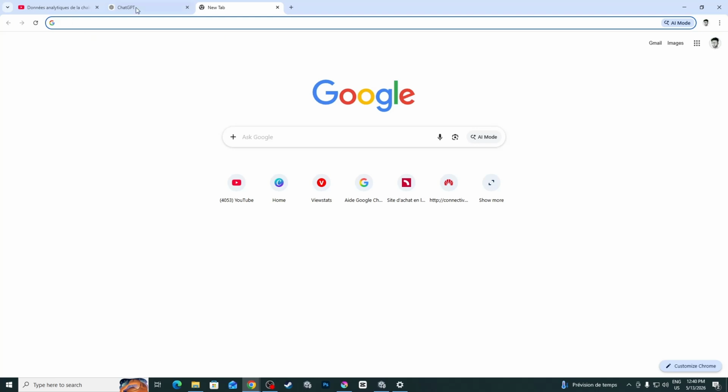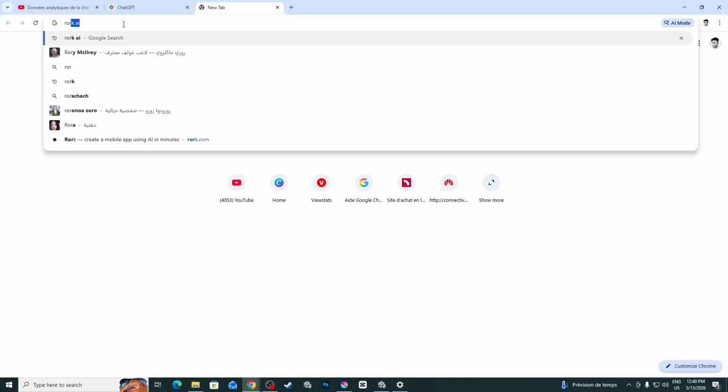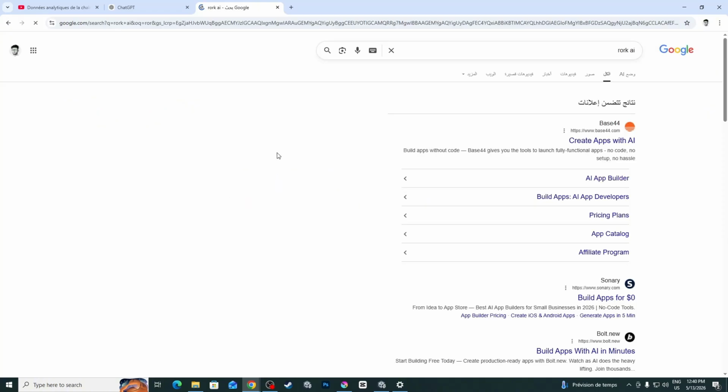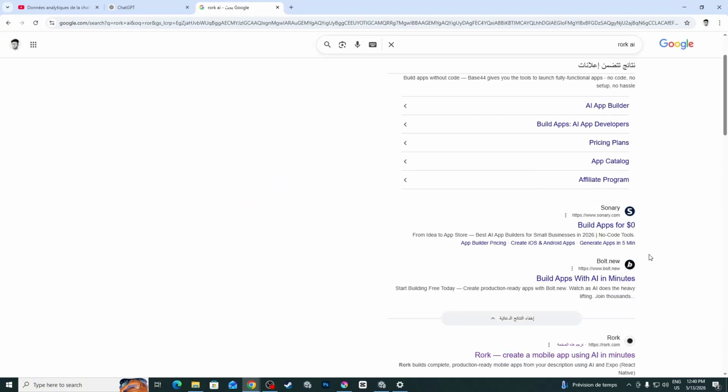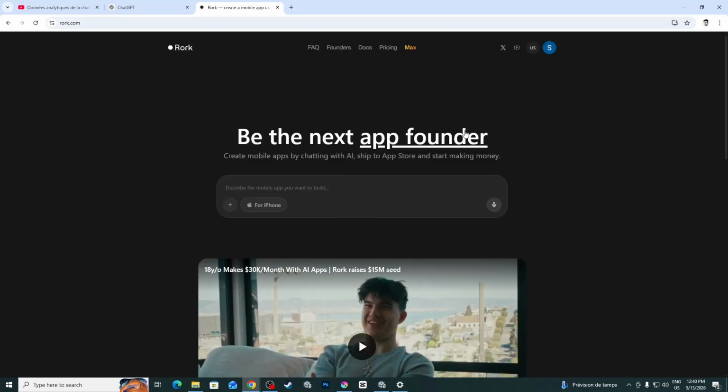So first you have to go to your browser, to your Google Chrome or whatever, and search for Roark.ai. So you will go and open the site here, Roark, and you have to sign in or log in. For example, I already signed in with my account. So after you sign in, they will give you a free 5 messages to describe the mobile app that you